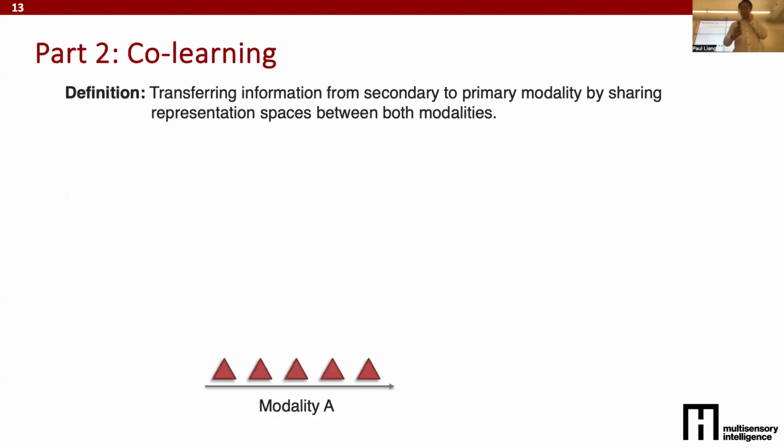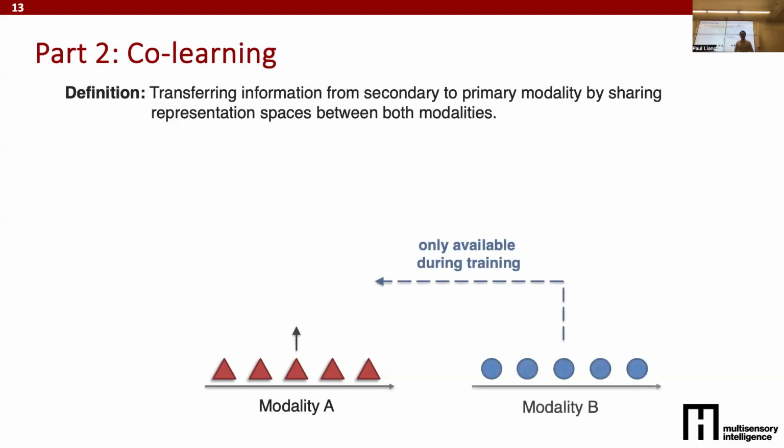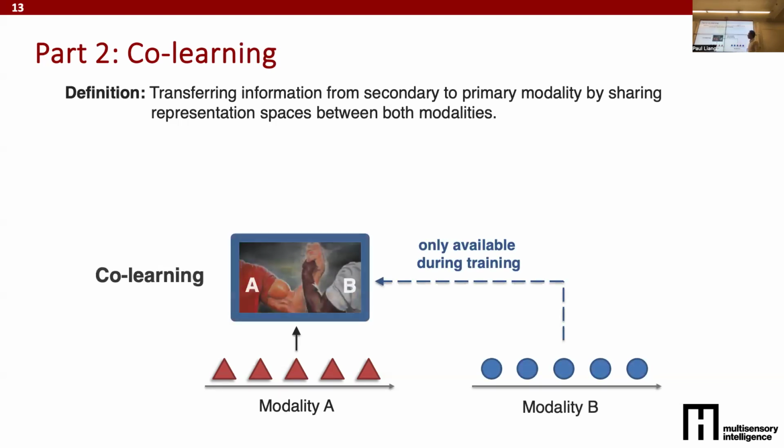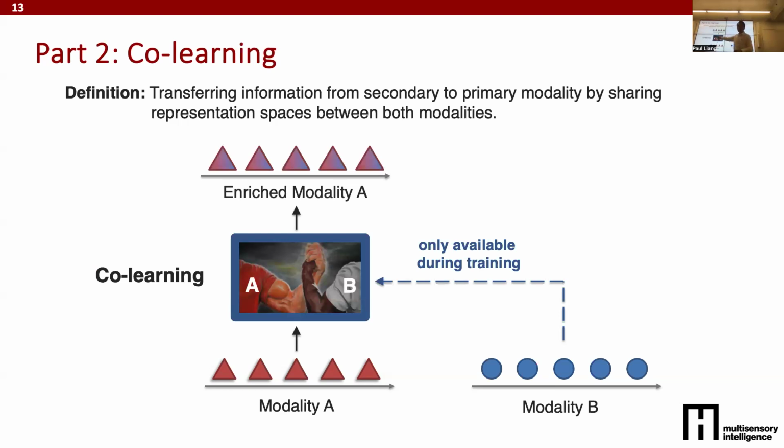Great. Okay. So in the second part, the first part was mostly multitask and transfer learning as a way of leveraging information from different data sets. In the second part, we're going to look at this phenomenon called co-learning. So in co-learning, you have this modality A that you care about, and we're going to introduce some extra modality B during training, only available during training, to learn a better representation. You can think of it as a better co-learned representation that enriches the information in A, the modality that you care about. General paradigm, the key idea is that B is only introduced during training as auxiliary information, and